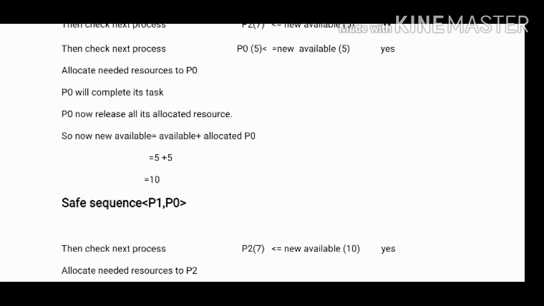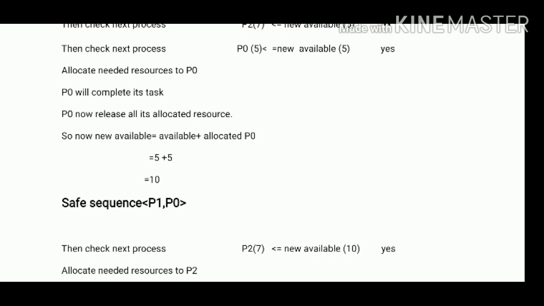Now we will go and search for the second process whose request can be fulfilled by the available resources as 5. So now P2 needs 7 resources which cannot be handled. P0 requires 5 resources, that means his request can be granted easily. And what will be the shortcut formula? So the new available will be available plus whatever allocated to P0 previously. P0 has already allocated 5, so 5 plus available resources will be 10. Then that means P0 has completed its execution. P0 will be added into the safe sequence.